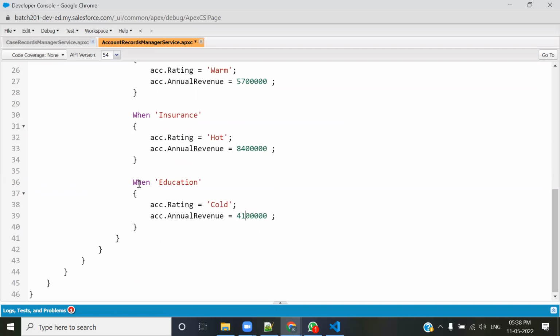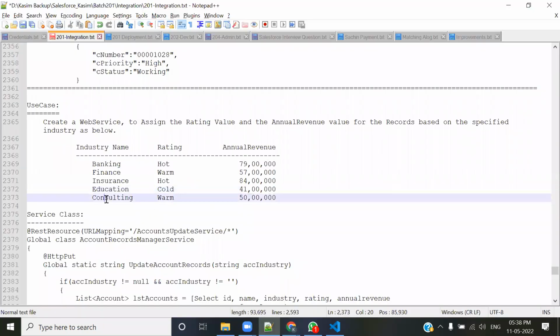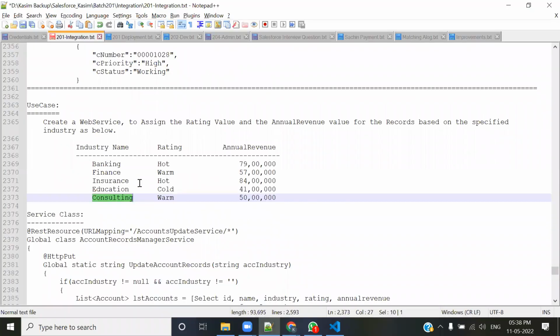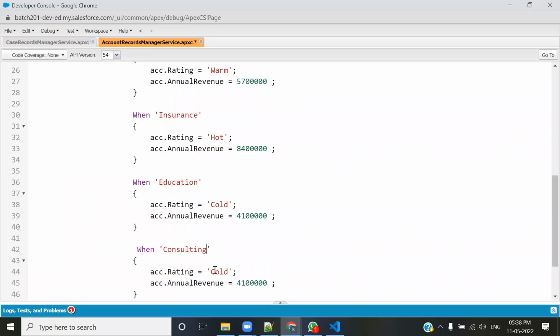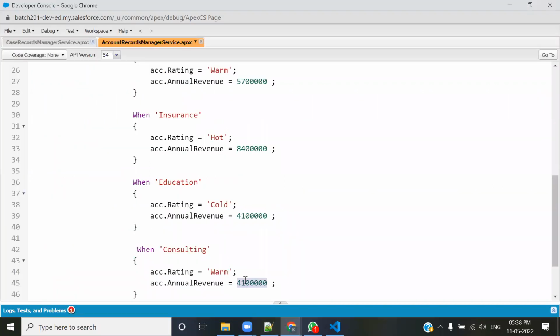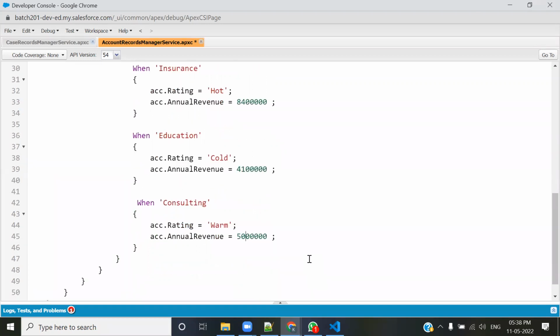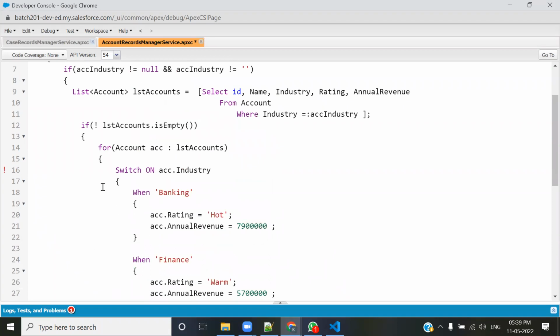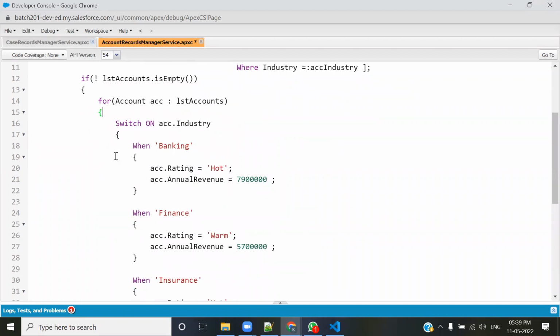Okay, and then let me copy this once again, pasted it over here. And when the industry is consulting, the rating should become warm, and 50 lakh should become your annual revenue. Okay, so after this, if everything goes fine for every account,